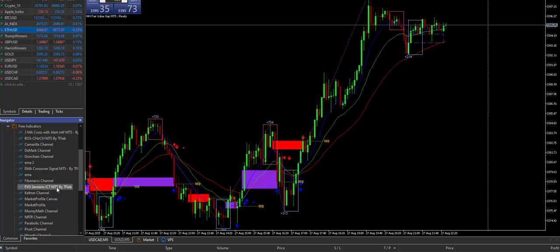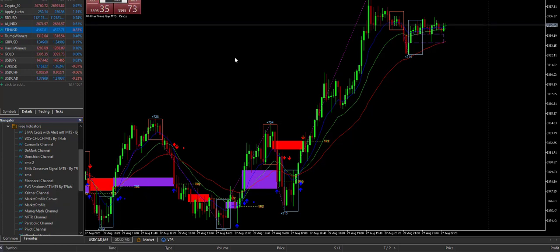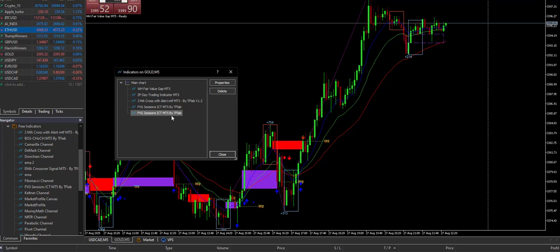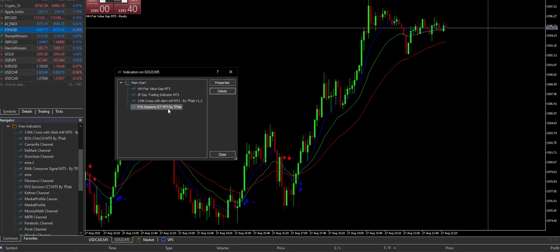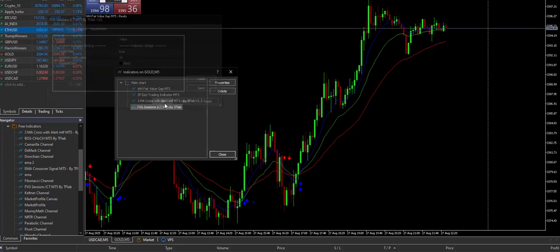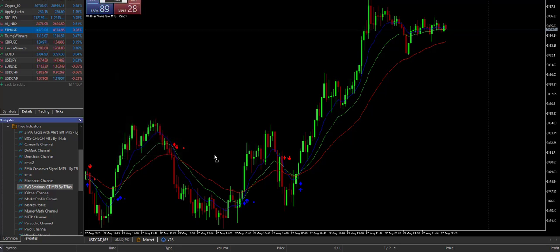To modify or check the indicators, click Indicators List, and then it is already there. We are going to delete this one. Okay, let's delete it again, and then drag.